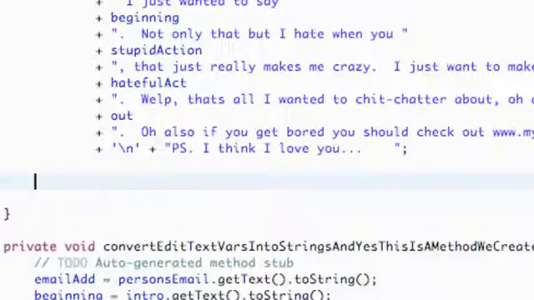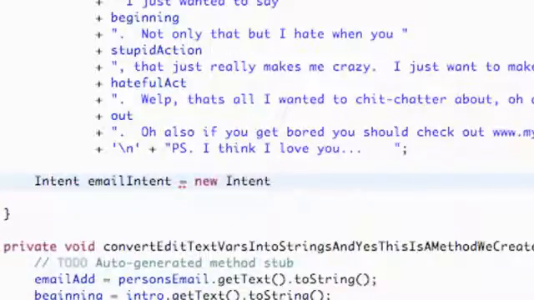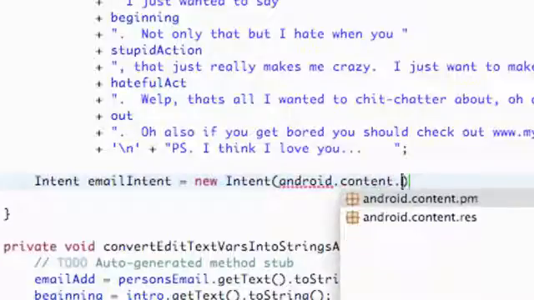And so what we're going to do first is set up an intent, just like we set up all other types of intents for the most part. So we're going to say Intent, and we're going to call this emailIntent, something like that, and hit enter. And then again we have to import the intent and say new Intent, just like always. And this time what we're going to put in the parameters is something from the Android SDK, and it's going to be called android.content.Intent